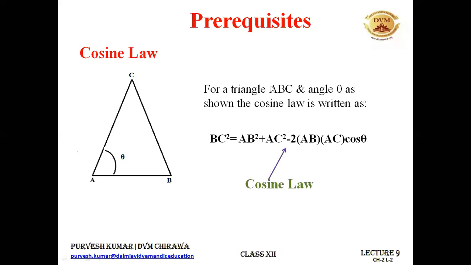All right. So you should know how to apply it. We will be using it in the derivation to come. I'm telling you again that if we know the angle between two sides of a triangle, we can write the cosine law like this: the square of the side opposite to the known angle, BC square, is equal to AB square plus AC square minus 2 AB AC cos theta, where theta is the angle between the sides AB and AC in this case. So the side opposite to the angle can be obtained like this with the help of cosine law.